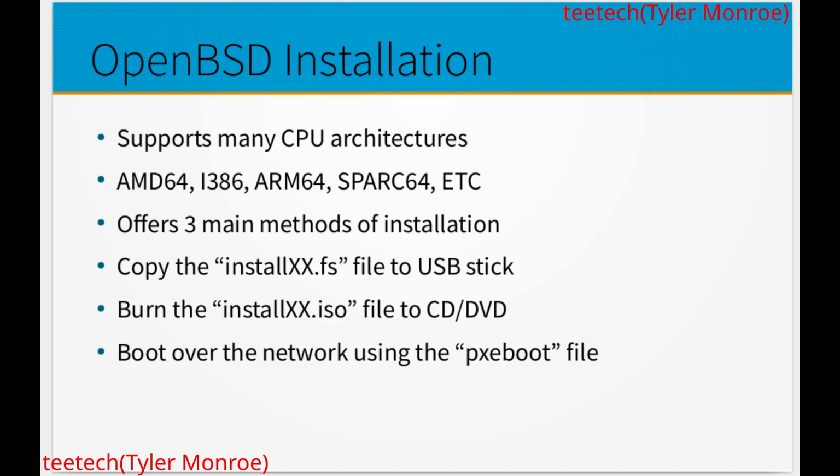You can also use an ISO. You can just burn the ISO file to a CD or DVD. And you can do the really cool option of using the pre-boot execution environment. You can download the PXE-boot file to a TFTP server on your network, and then you configure DHCP to point to that TFTP server and the file. Then your clients can boot up OpenBSD from there